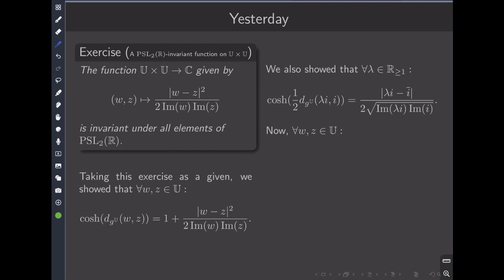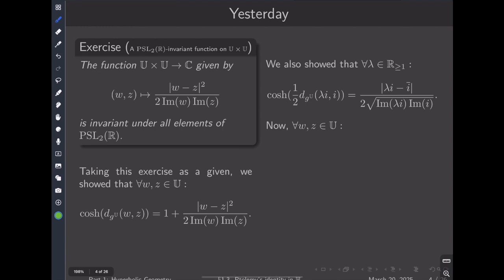We also showed that for every real number greater or equal than 1, this is satisfied, and this we did check in excruciating detail. What I failed to do was to relate this quantity to this invariant quantity. Now for all W and Z in U,